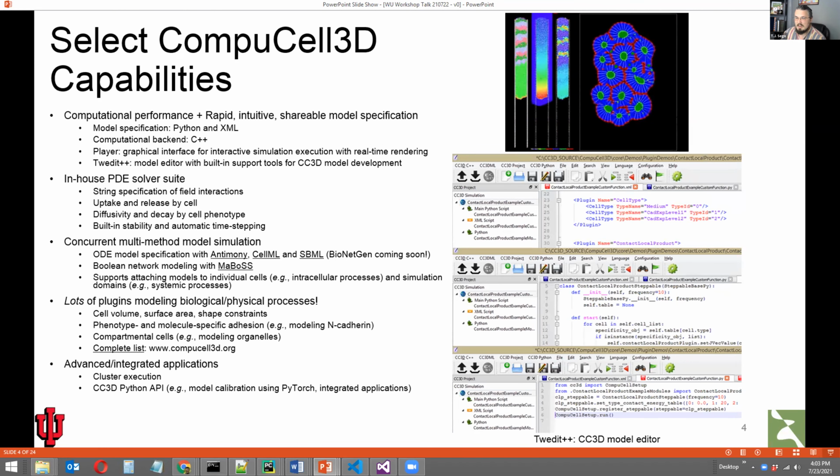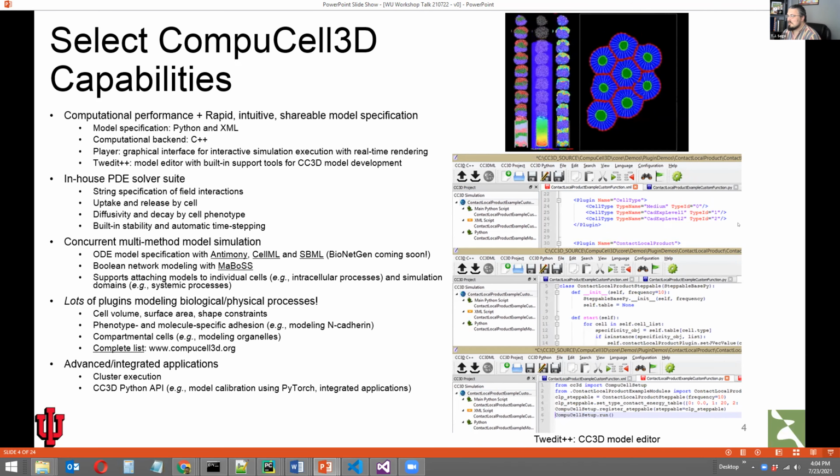CompuCell, the backend is written in C++, whereas more of the user-facing side presents a Python interface so that users can write their own step-by-step model implementations on the basis of individual cells or groups of cells by type, by location, and at each simulation step.